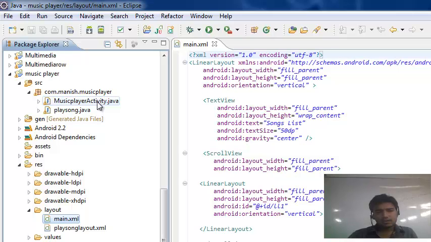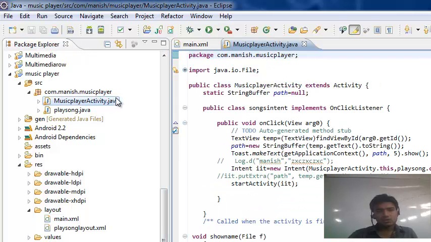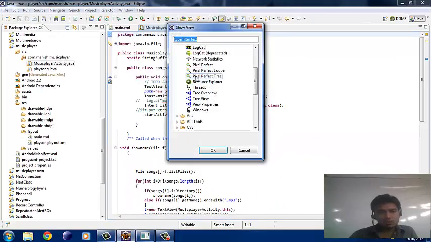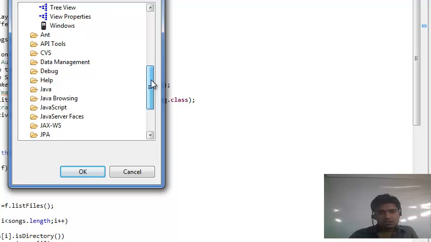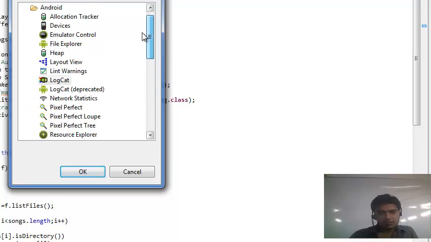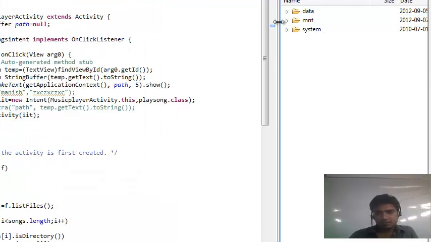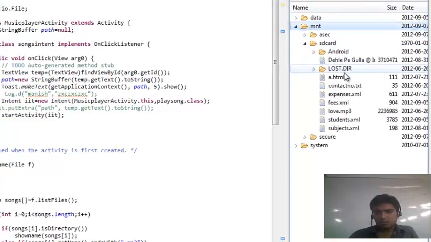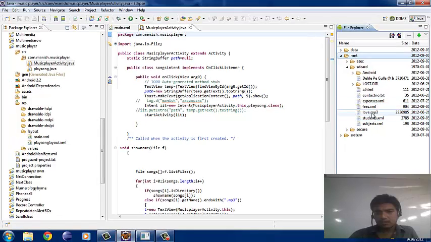In the music player activity, I assign the file handling logic to get all the songs from the SD card. We have the SD card in the emulator, like we have the memory card in our real device. The SD card can be opened from Windows Explorer. We just have to find it from here. It is our SD card. Let's check whether it is working. Here we have two songs in the SD card: one is love.mp3 and the other is this one .mp3. So let us see the logic by which we searched them out.